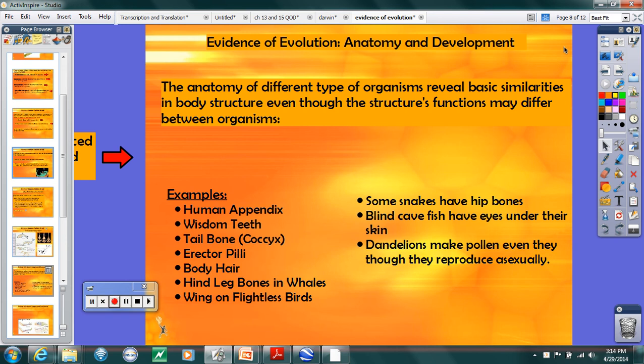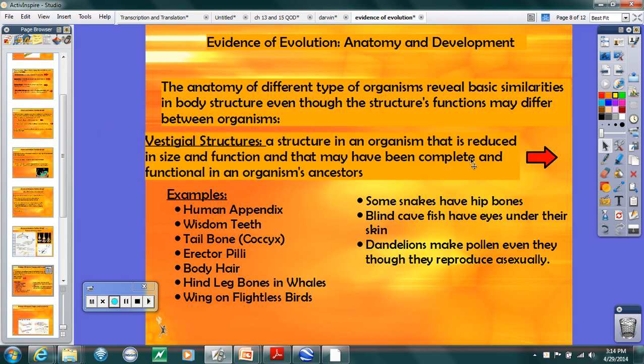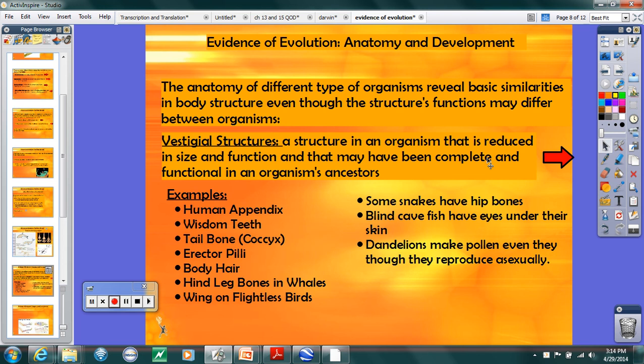The anatomy of different types of organisms reveals basic similarities in body structure, even though the structure's function may differ between organisms. We have what is known as vestigial structures, which are structures in an organism that are reduced in size and function that may have been complete and functional in an organism's ancestors. So some examples that we have in humans are the human appendix, your wisdom teeth, evidence of a tailbone, the